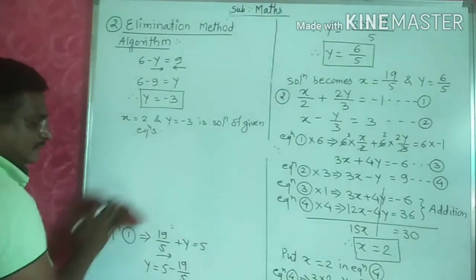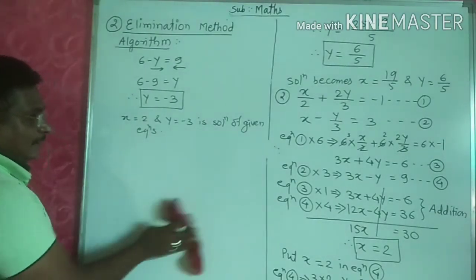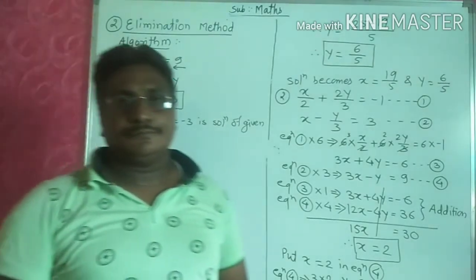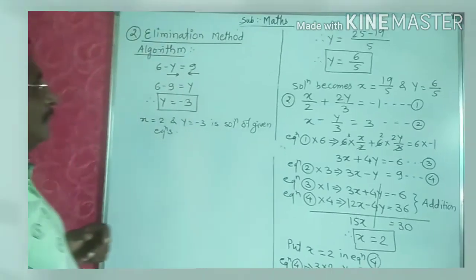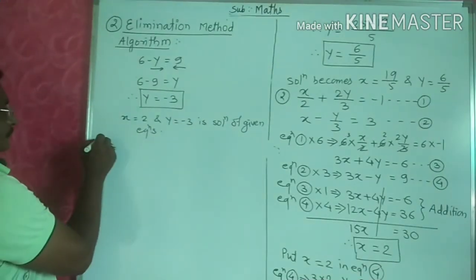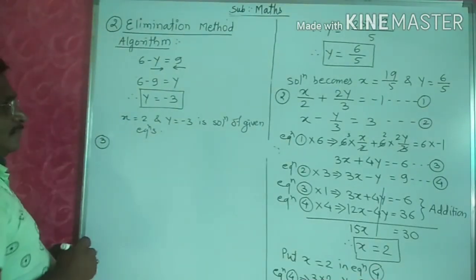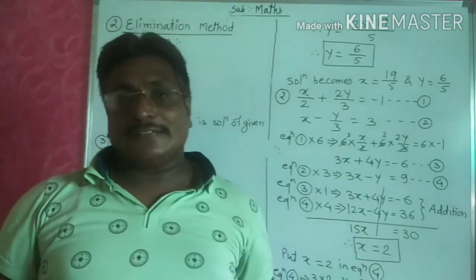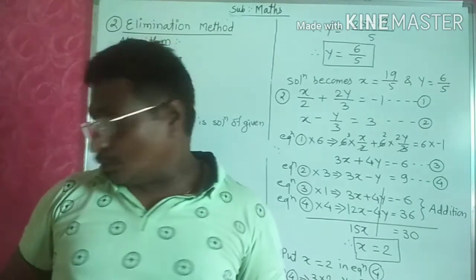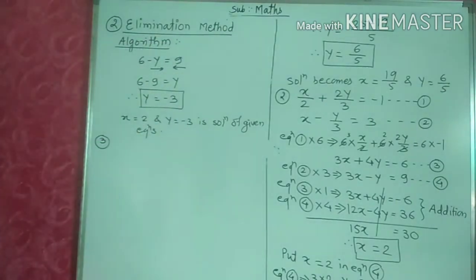So this method is called the elimination method. Hope you understand, student. So now we will go on to the next example. Now I have explained from the exercise. Now the remaining you have to solve. You have to solve by both methods, not by only one method. You have to practice it.